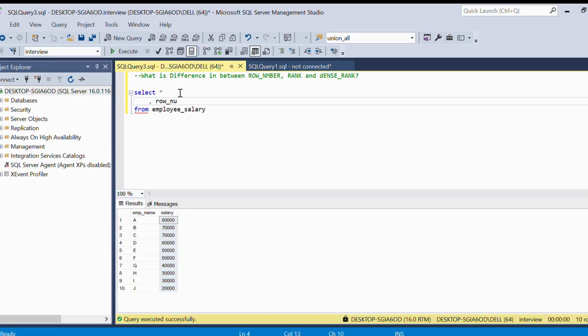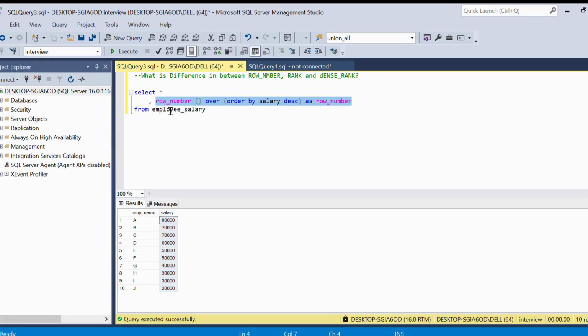So, row number over order by salary descending as row number.